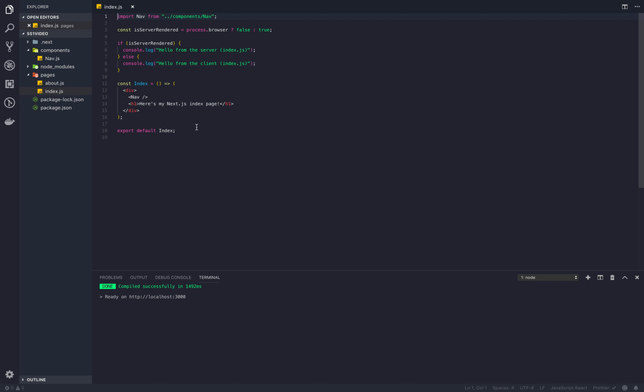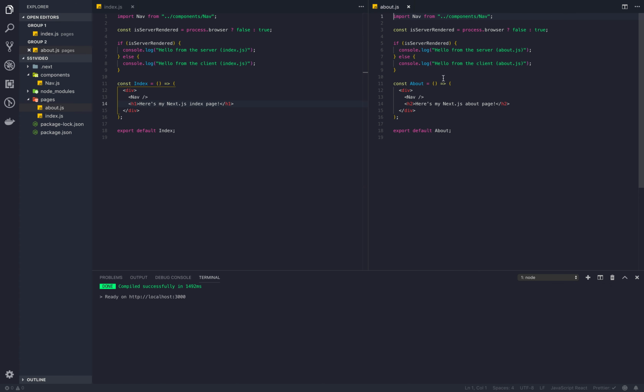So this is our index page, and so first let's look at this index component right here. We're essentially just rendering a div. First we have our nav component, which I'll show in a second, and then just a little h1 saying, hey, here's my index page. We have an about page, which is extremely similar. It's just a div with the nav at the top, and then a little h2 here that says, hey, you're